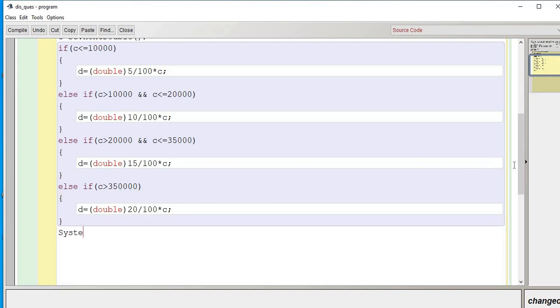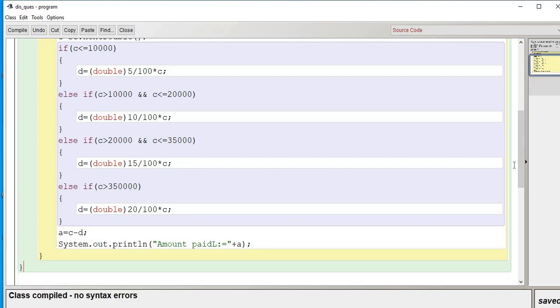Now you have to print the amount that will be paid by the customer for the purchased item. So the amount paid, that we have to calculate, which should be stored in amount. But how to calculate the amount? Amount will be cost minus discount, which he is getting. This is the formula. Okay, let's print this one.